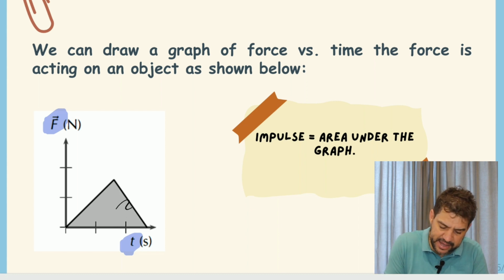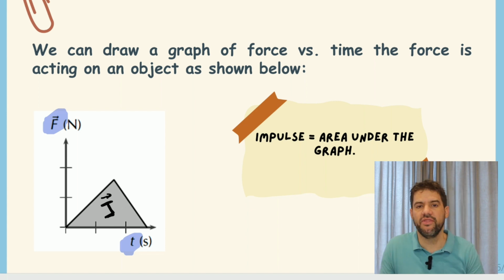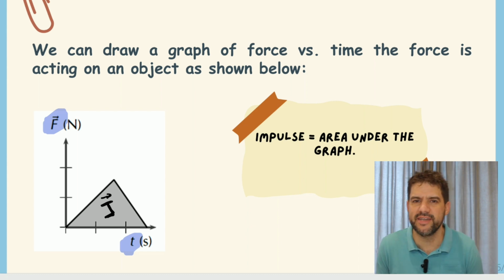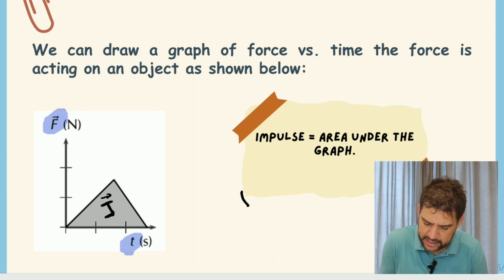So this area here will be equivalent to the impulse of that specific object, the impulse caused by that force. That is important. I did write it here on the right. In this case, it's a triangle, but guys, it's not always a triangle. So impulse is equal to area